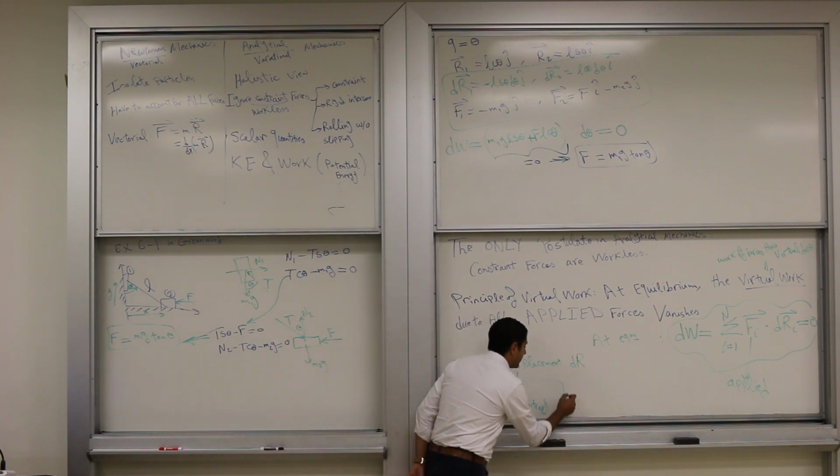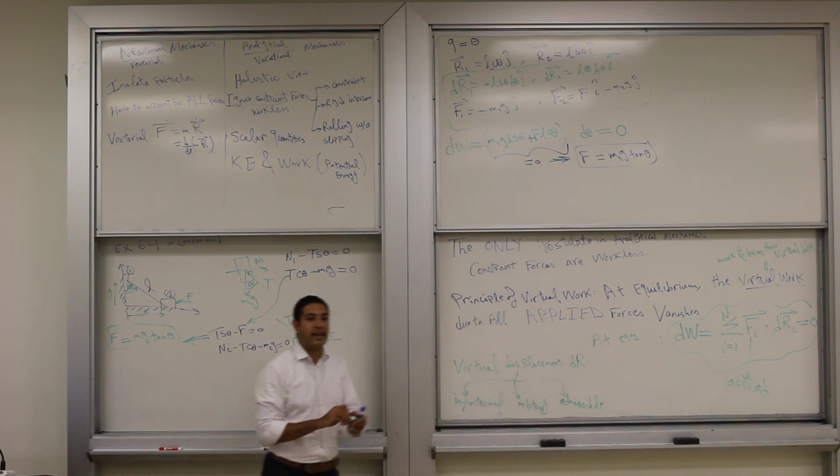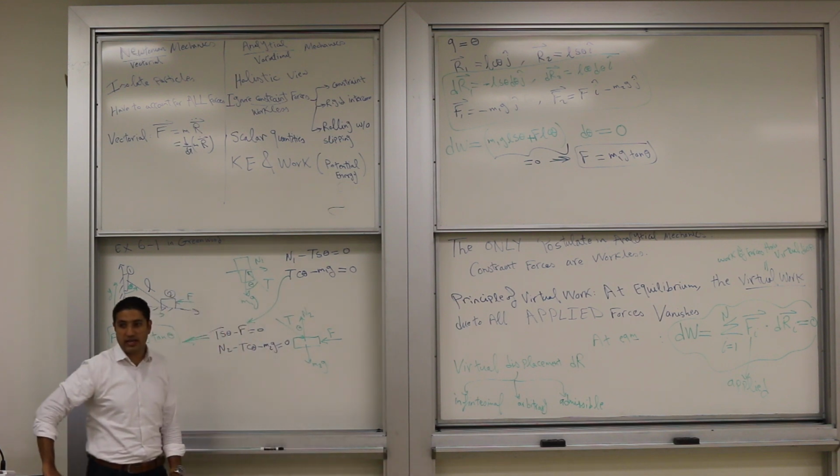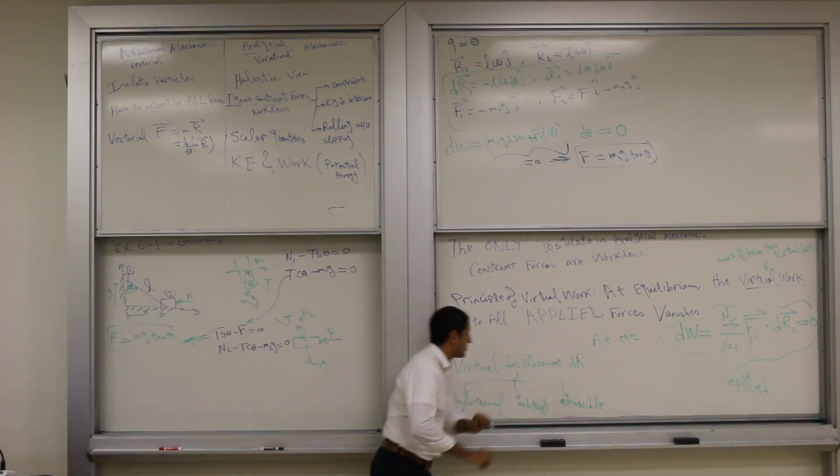It has to be admissible. What do you mean by admissible? It has to be allowed. It has to be allowed by the constraint. We agreed from the beginning that we have to respect the constraint. Admissible meaning allowed by the constraint, which means,